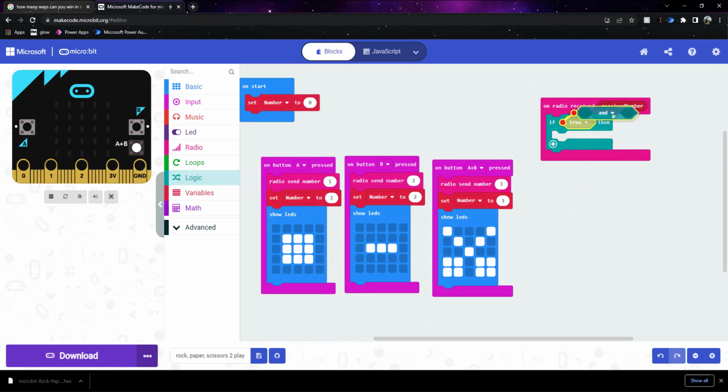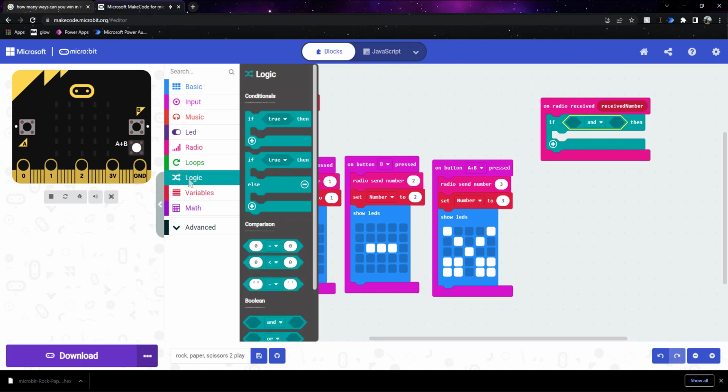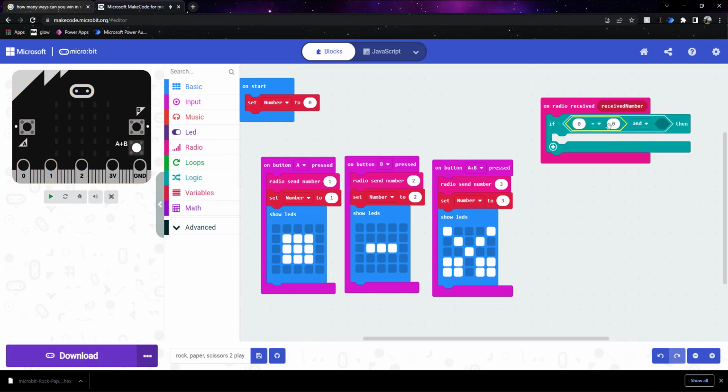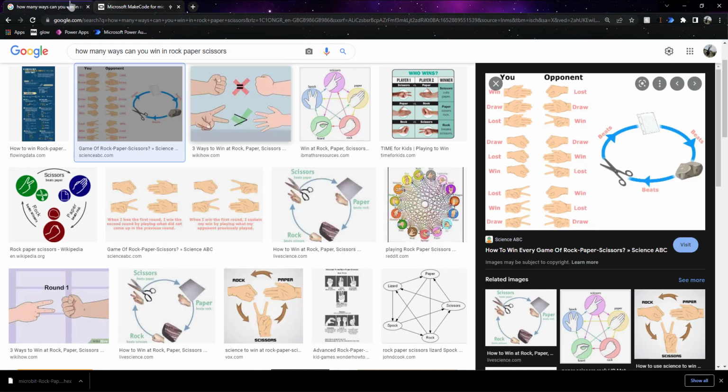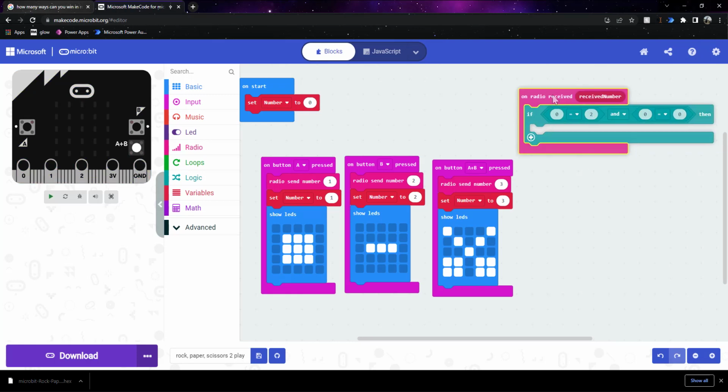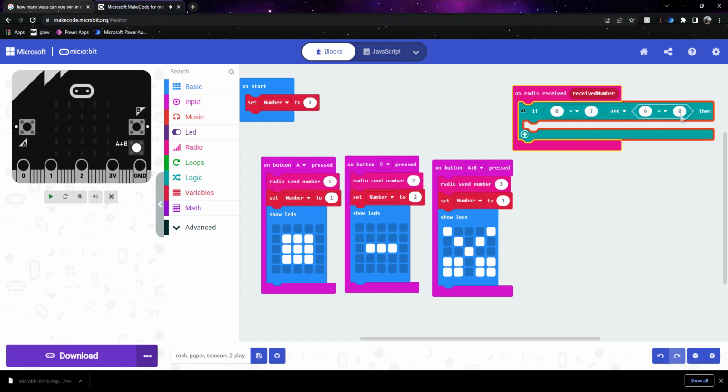And to do this, we need to find out how many different combinations can you do in rock, paper, scissors. Try figure that out. I'm going to tell you in 5, 4, 3, 2, 1. You can make 9 combinations. So we need to do 9 different parts of this program to get it working. So we're gonna have to make this one 2 and 1,